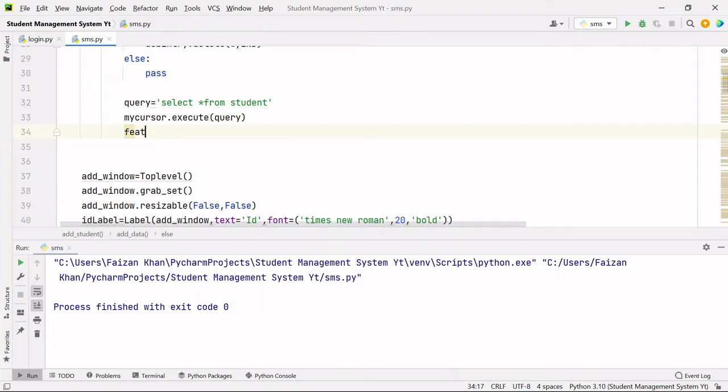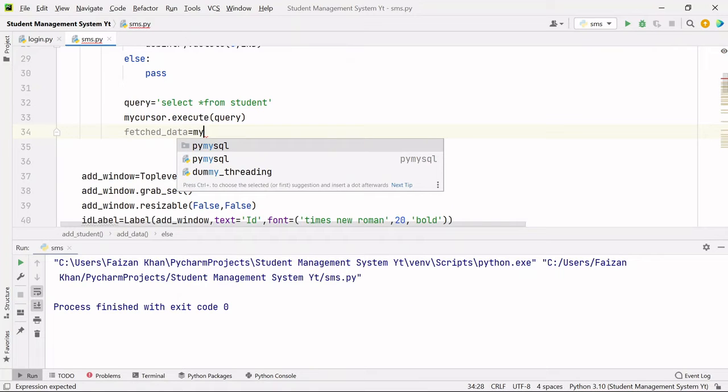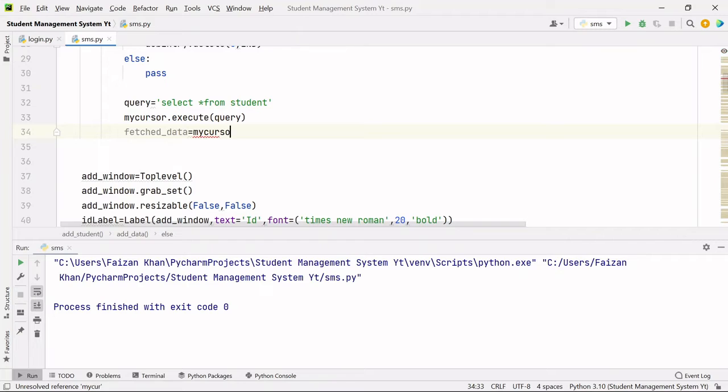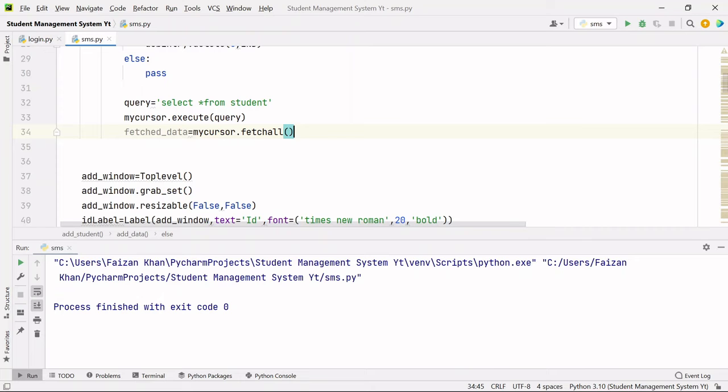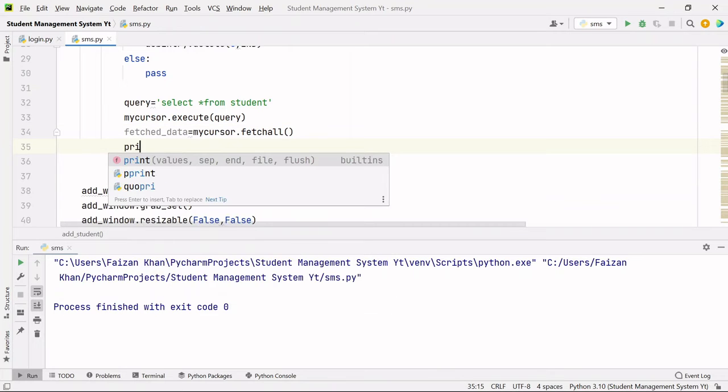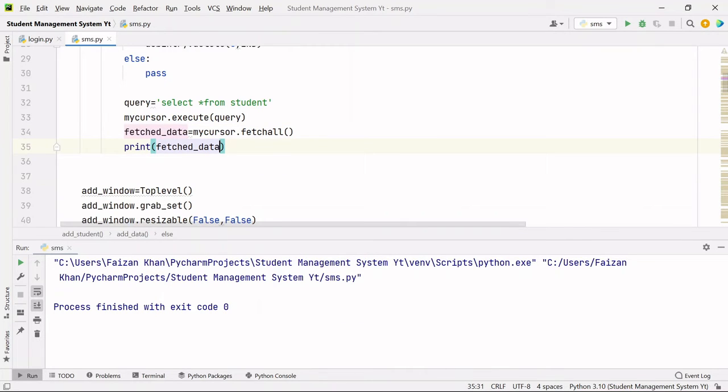We are going to fetch that data. So I'll store that fetched data in some variable, fetched data. How can we fetch it? We'll be using this my cursor. This variable is also used to fetch data from the database. So we'll use my cursor dot fetch all method, and you can print this fetched data